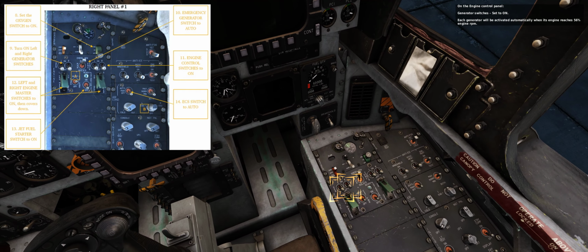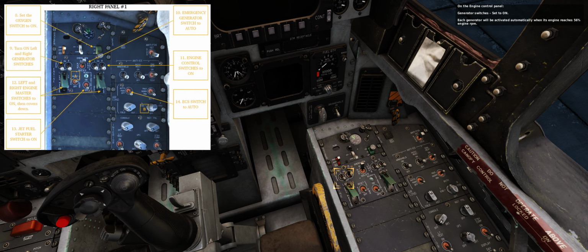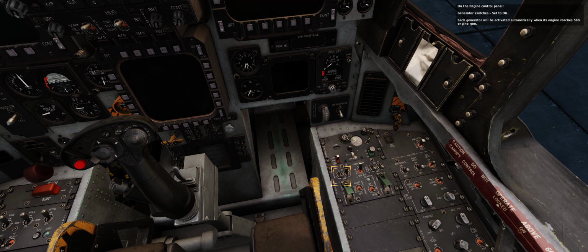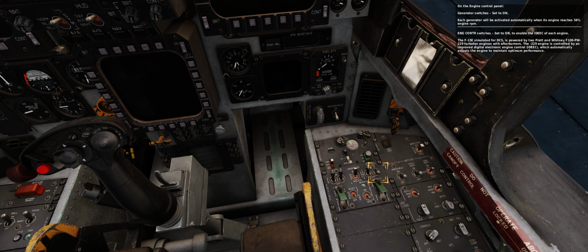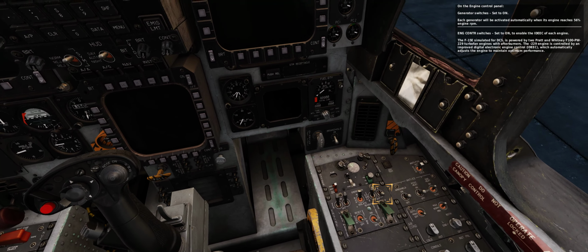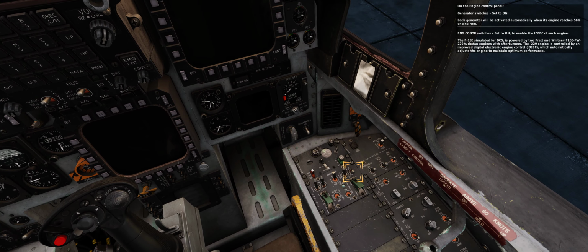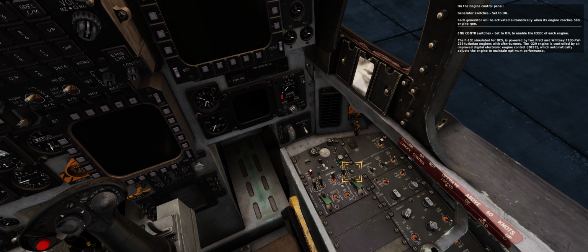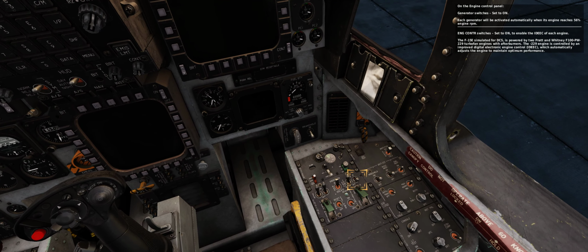On the engine control panel, generator switches, set to on. Each generator will be activated automatically once its corresponding engine reaches 56% engine RPM. Engine control switches, set to on, to enable the IDEEC of each engine. The F-15E, simulated for DCS, is powered by 2 Pratt & Whitney F100-PW-229 turbofan engines, with afterburners. The -229 engine is controlled by an improved digital electronic engine control, IDEEC, which automatically adjusts the engine to maintain optimum